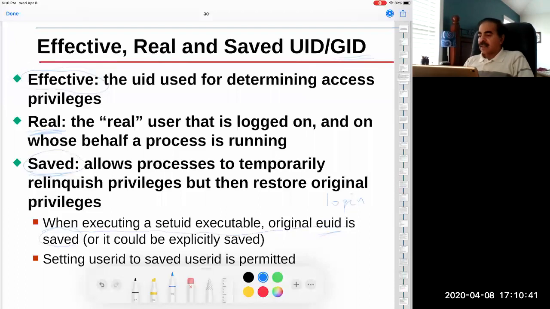The login process usually runs with root privileges, and when you type in your username and password, it checks the password in the password database, and once there is a match, it sets the effective, real, and saved user IDs. All of them are set to the user ID of the user that's logged in, and then it forks and